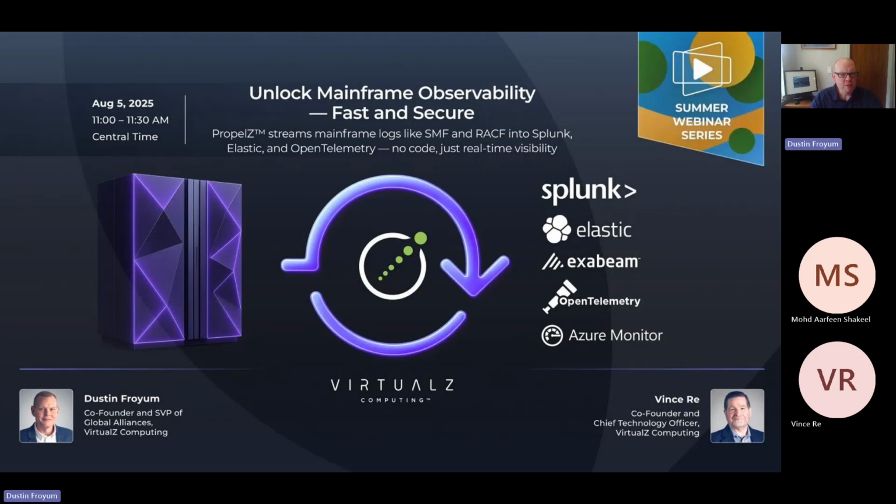Welcome to today's webinar. We're going to talk a little bit about unlocking observability of mainframe data, single pane of glass, storage, etc. So yeah, it's going to be an exciting topic, and we have a great demo for you